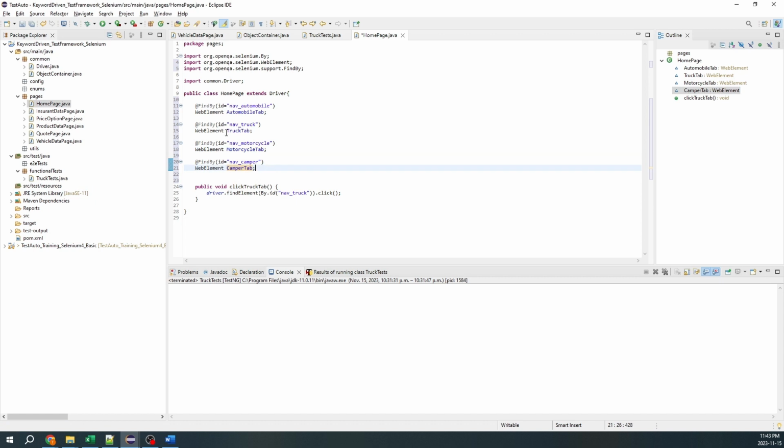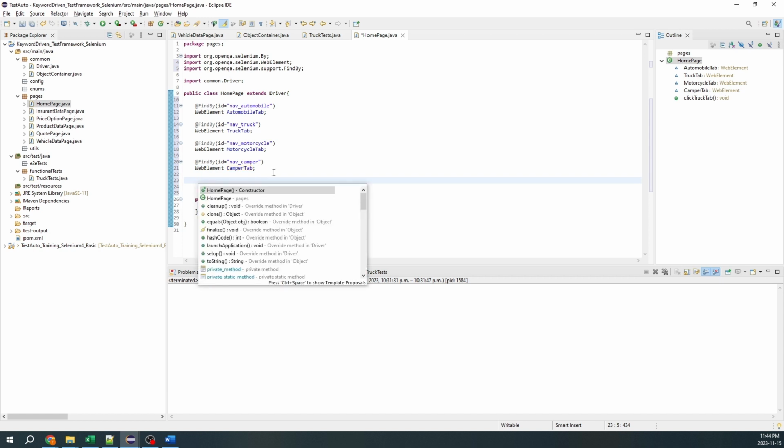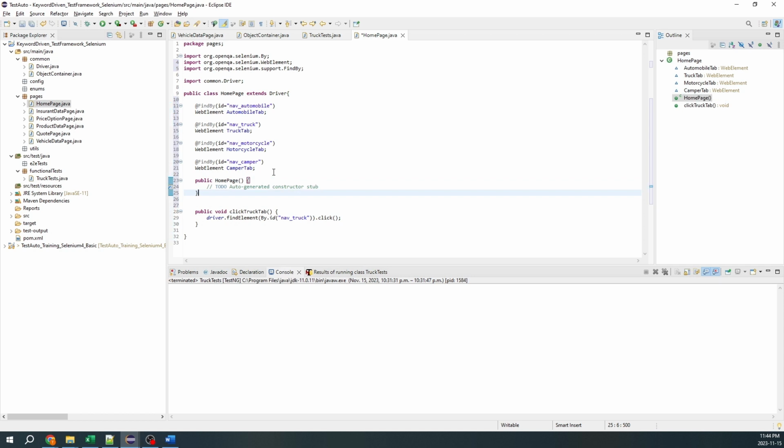Okay, so all these 4 elements are defined, and then I will call this class constructor. So the constructor, you can do it by clicking Control space. It will give you the option to create the constructor, and once you have the constructor, in the constructor, basically I want to use a page factory,